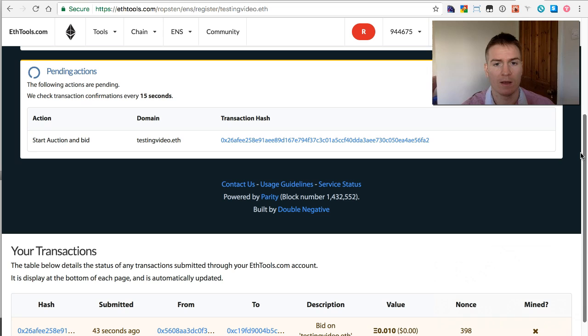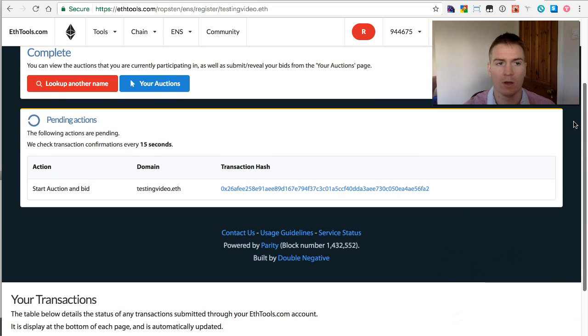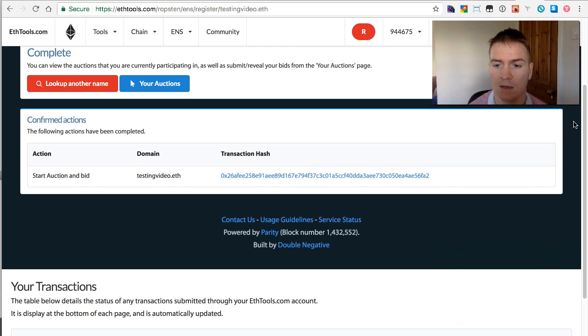So we need to wait until the transaction has confirmed on the blockchain, which may take a few moments. Obviously every block is mined every 15 seconds, and if the chain is crowded for whatever reason, there are a lot of transactions being executed, it might not be contained within the next block. However, whilst I've been saying that, the transaction has been confirmed,